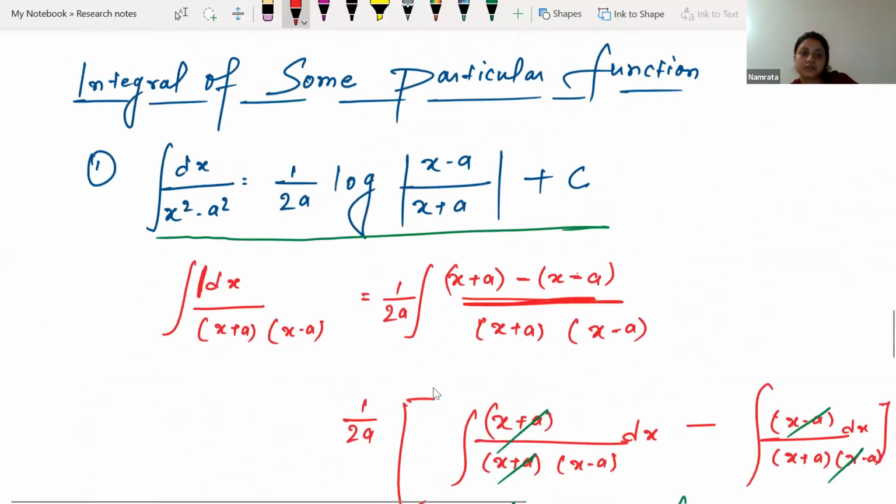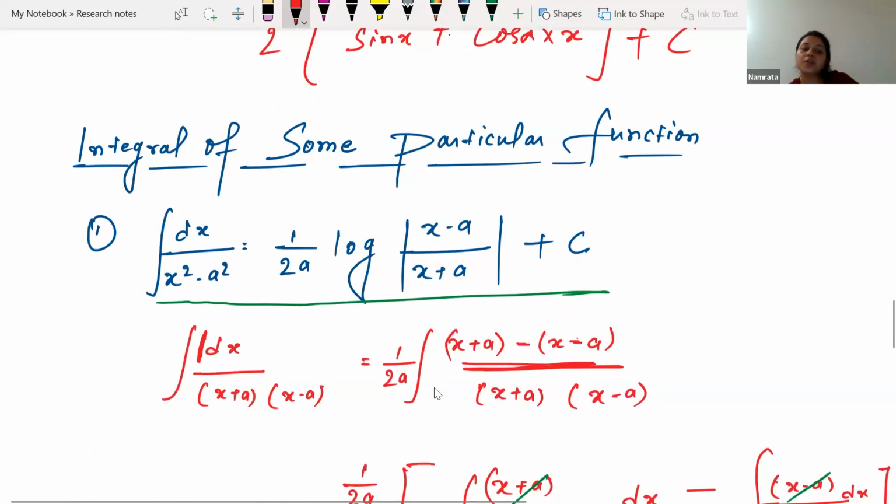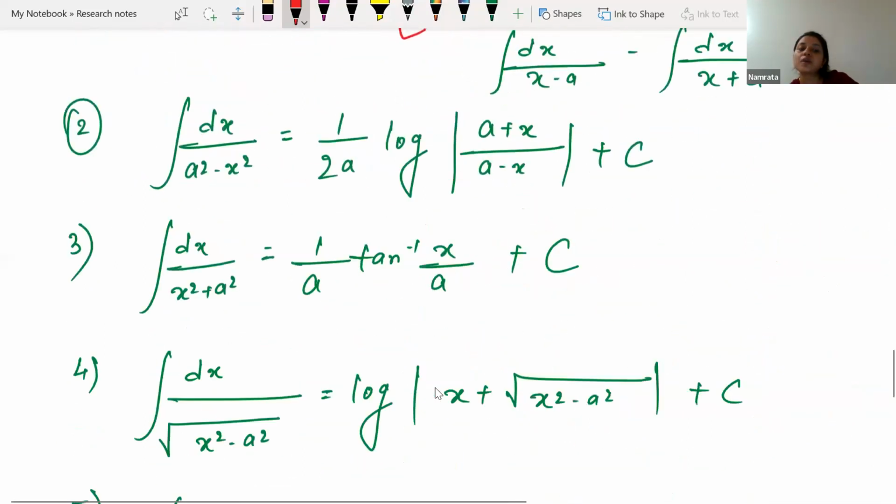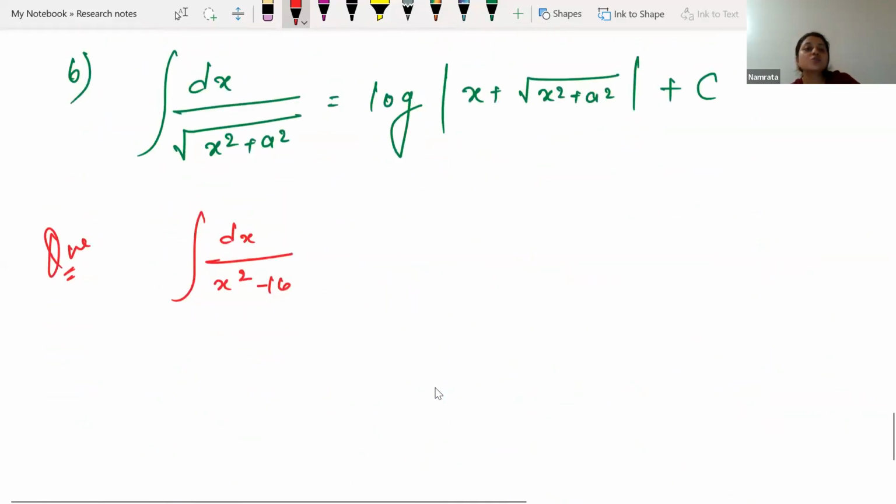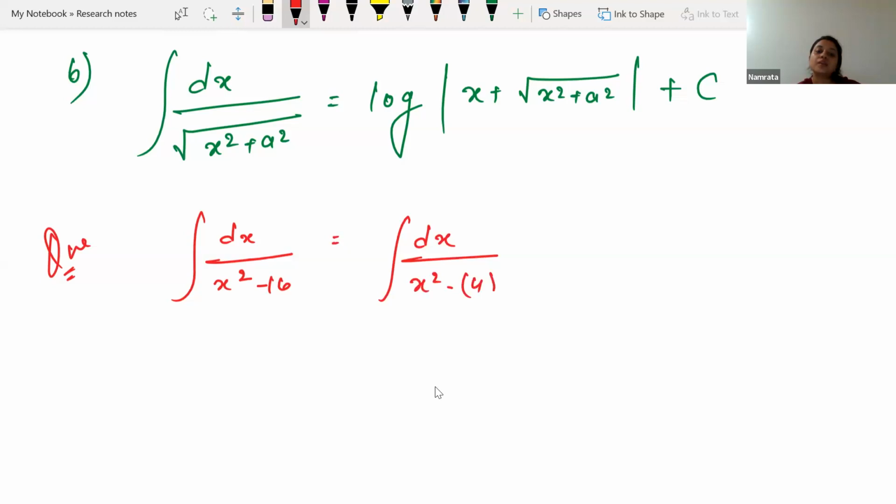Okay, so can you see the first formula? It looks like x square minus a square, because we can write 16 as the square of 4, right? So we can represent this as dx by x square minus 4 square. Now rather than doing the whole thing which we did for part 1, the arrangement or the partial fraction decomposition,